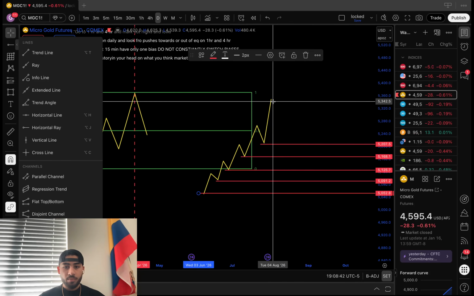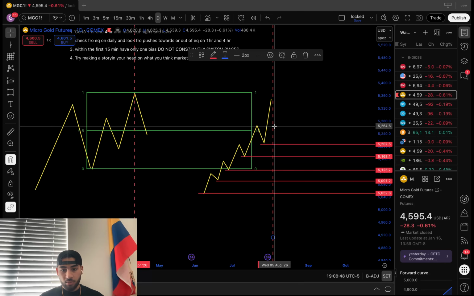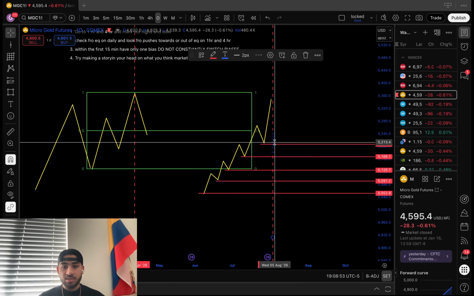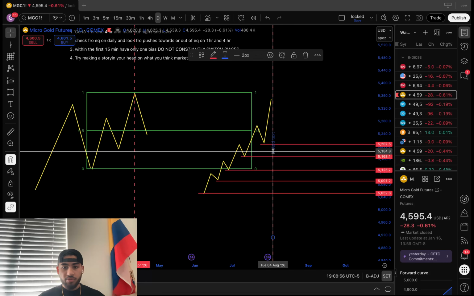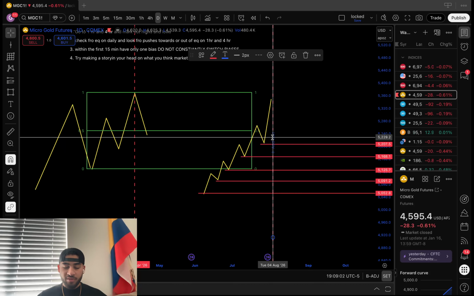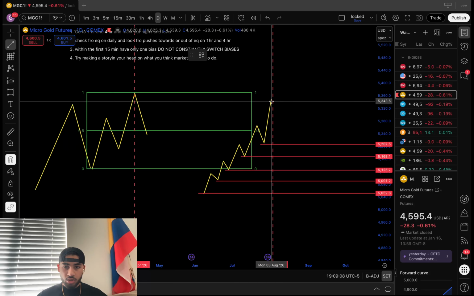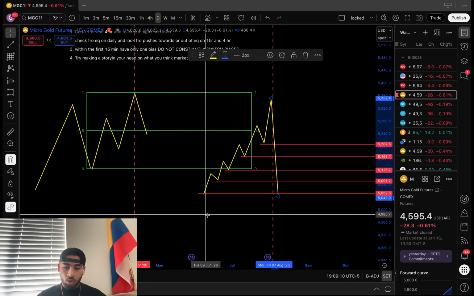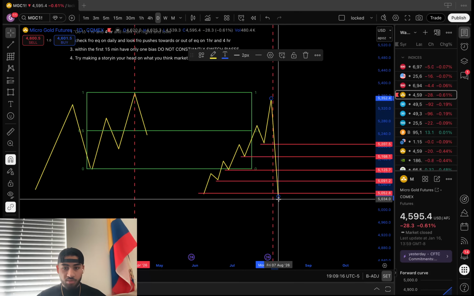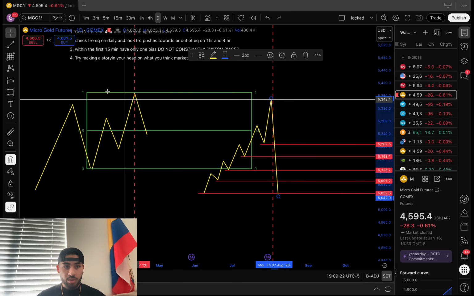So let's say market opens right here. Let's say this is the 9:30 candle on the hourly. Let's say 5 minute. It'll be easier on the 5 minute because that's where people try to find it. Okay, 5 minute right here. Let's say market opens, the first candle, and we just go straight down. We take out all this liquidity. We also broke this high right here. We want to keep that in mind. I'd love to see a reversal off this, if not a reversal. So that would be one scenario.